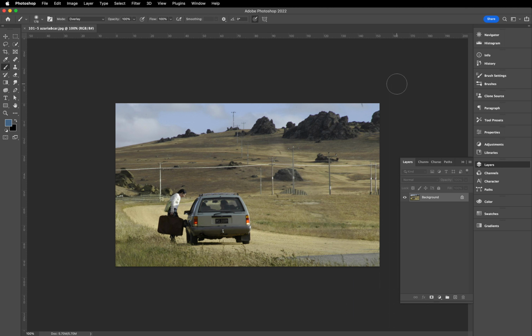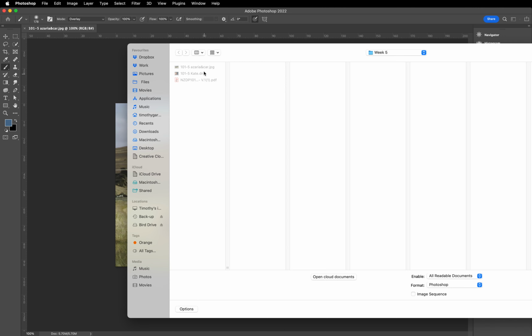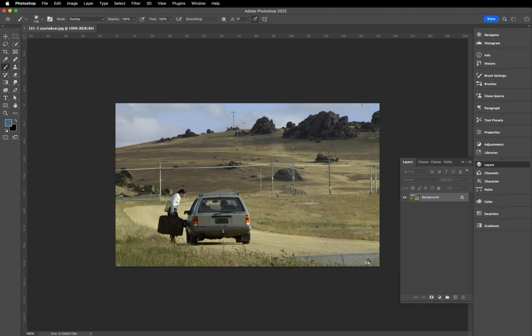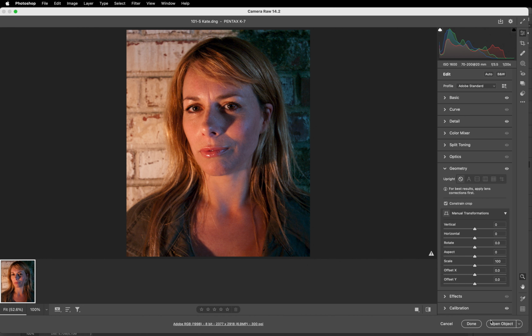So I'm going to start with the Azaria and car image that you may be familiar with, and I'm going to open up the Melissa Hobbs image, which will open in Camera Raw. So we'll open that as a smart object,